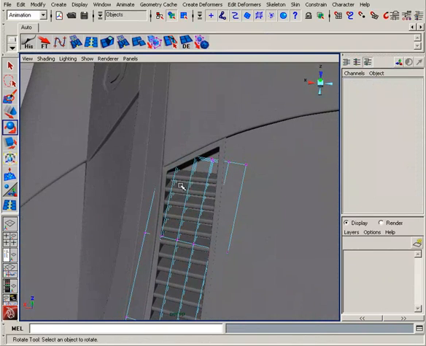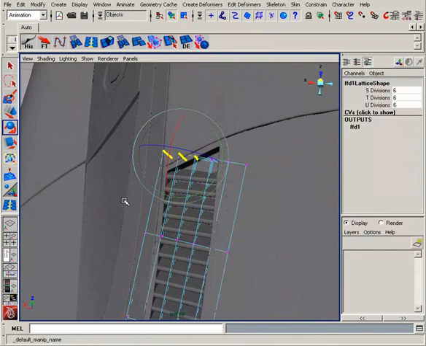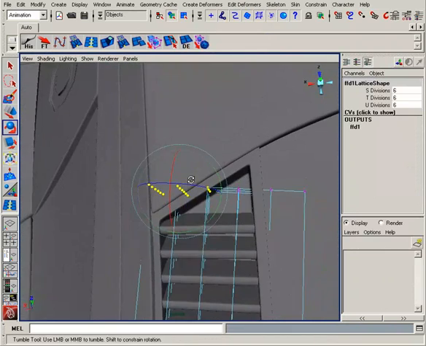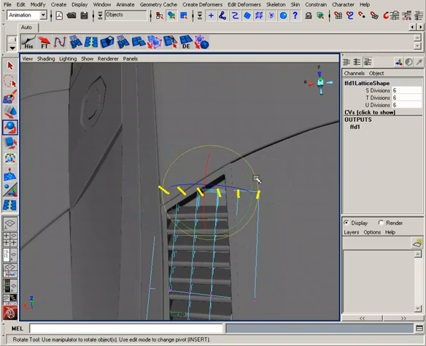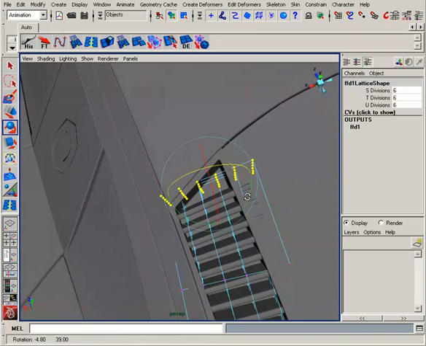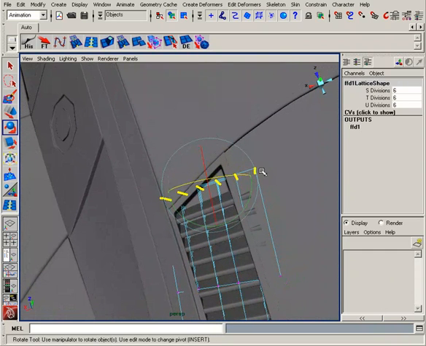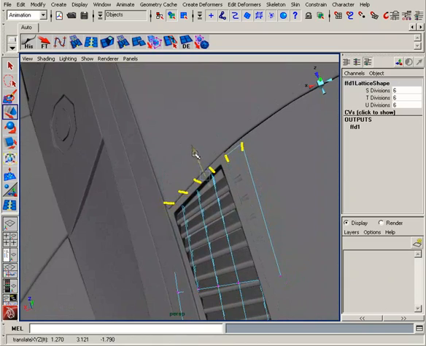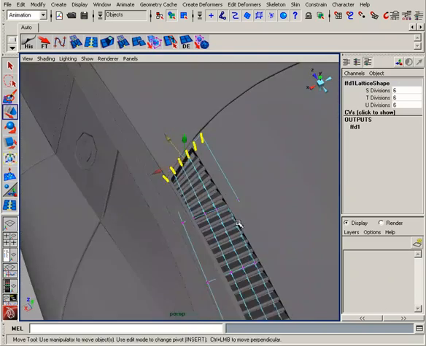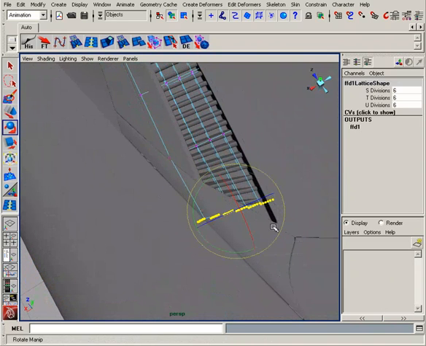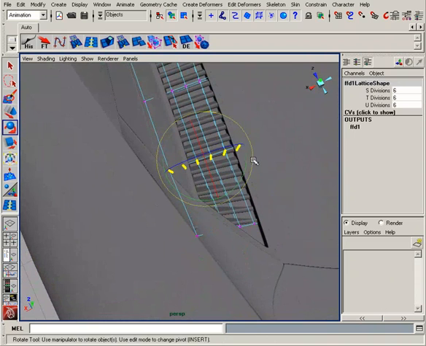And I basically want to try to bend the ends of this to match a little bit better with our vent there. Okay, so just kind of bending that, and we can move it up a little bit. And then we can go down here to this guy, kind of do the same thing. You might even need to bend this a little bit, just so it's a little bit more even,